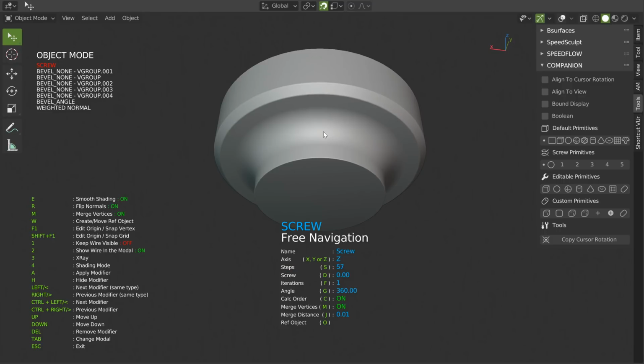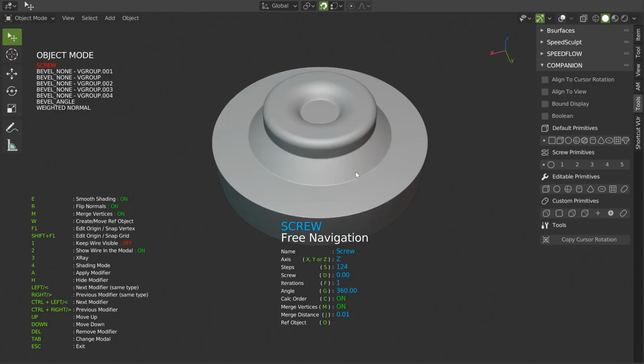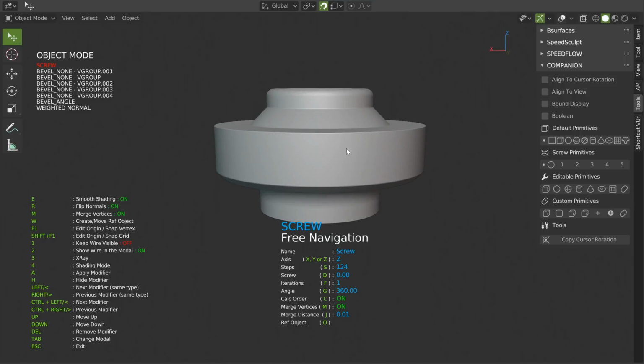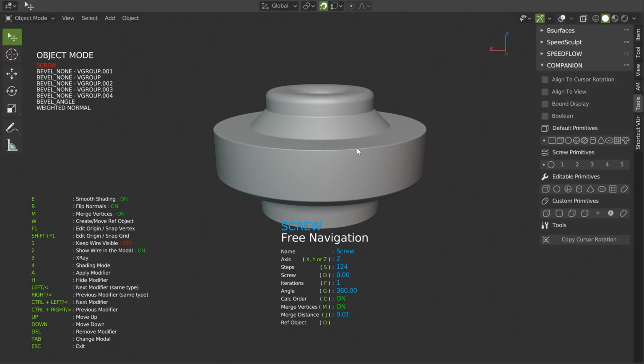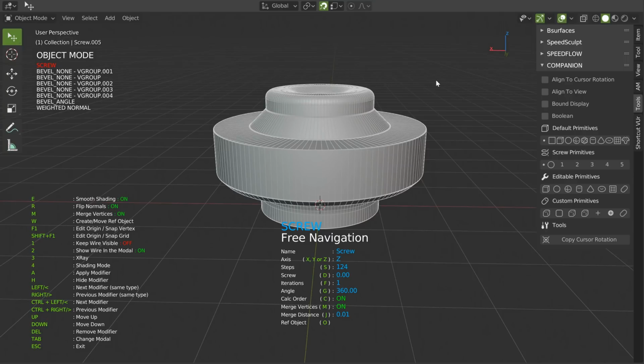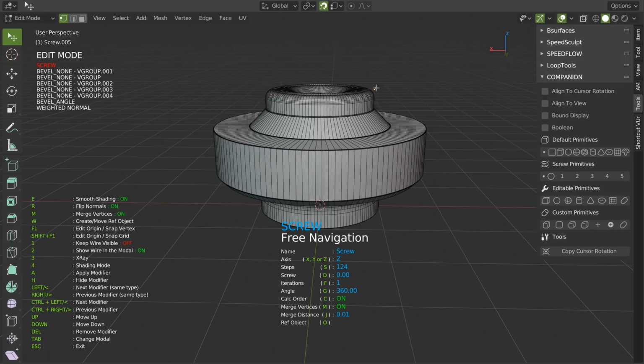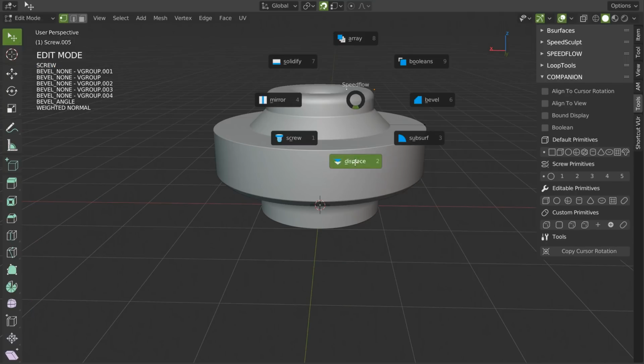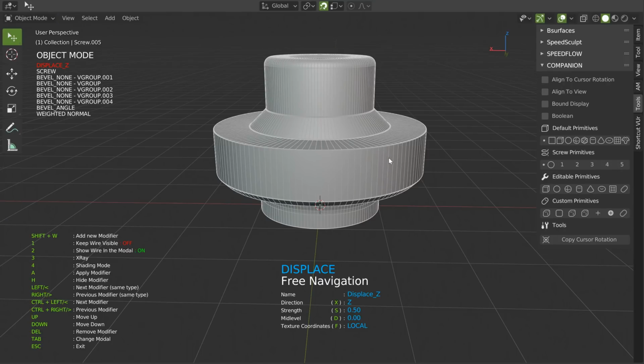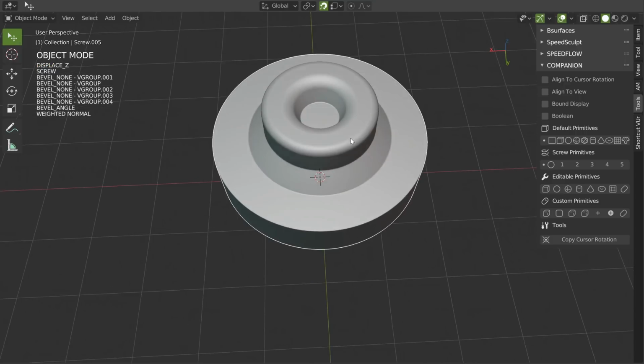If I decrease, for example, up, I can enter the value directly, and that's it. I created this. And after, with this, you can even, I will press 6 to come back. You can even press Control Tab, select, add a displace in Z, like that, and like that you will be able to edit your object. This is really, really nice.